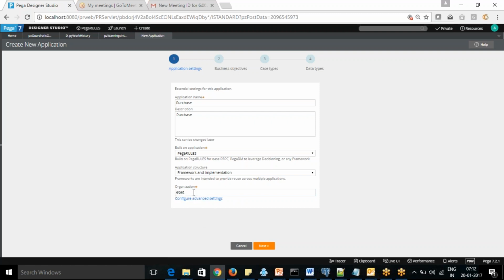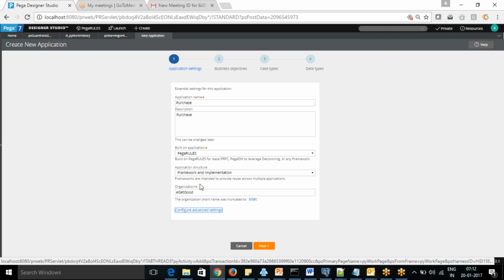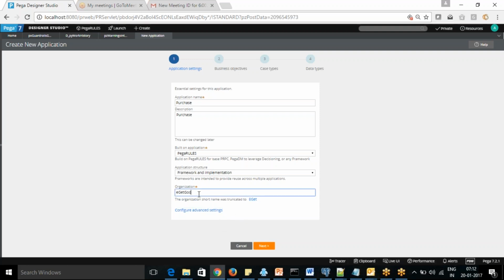Otherwise, it will be truncated. If you give more than that, it will truncate it. So it's truncating to eGate. Okay. So it's always good advice to use a 4 character name, so it will be within that.